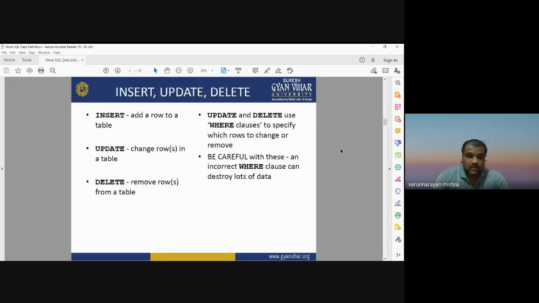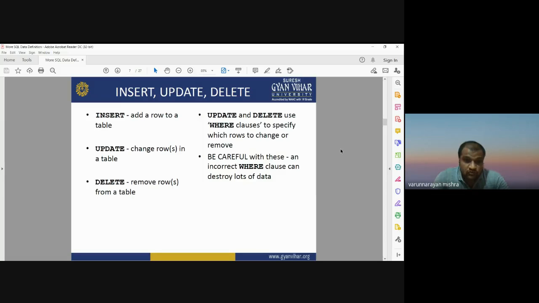Okay. So now another important component, another important property of DBMS, is data manipulation language. Data manipulation language means you can insert, update, or delete anything existing in the table. If you want to add something new in your table, then you have to use the insert command. If you want to change any value in rows, then you have to apply the update command.